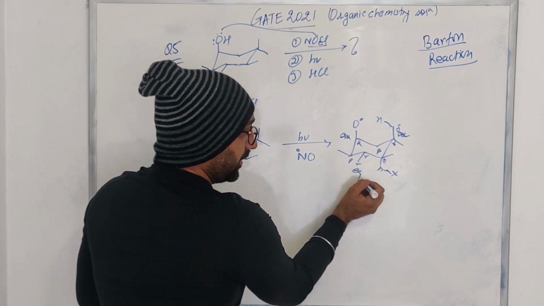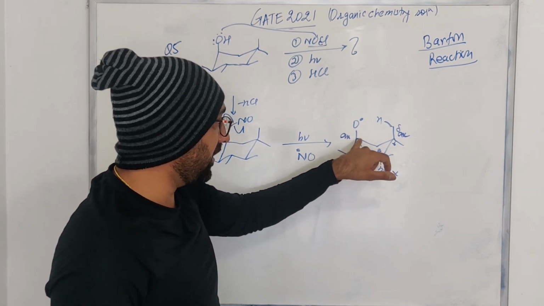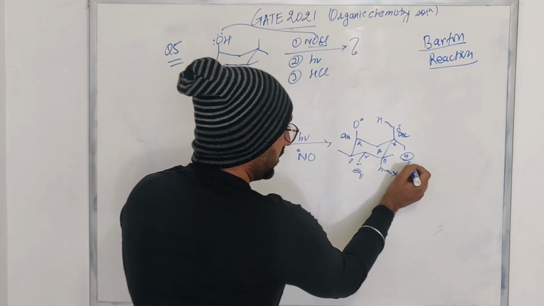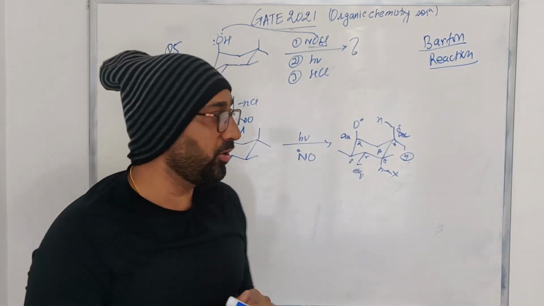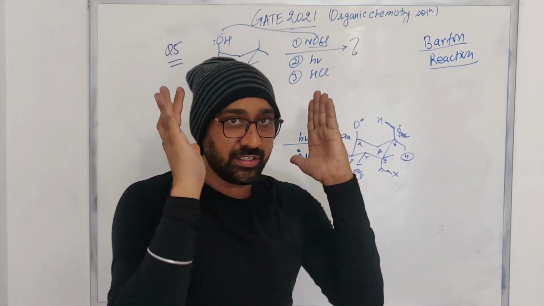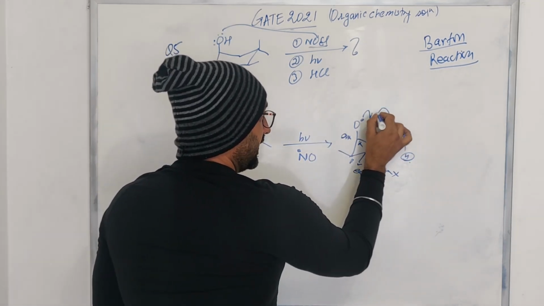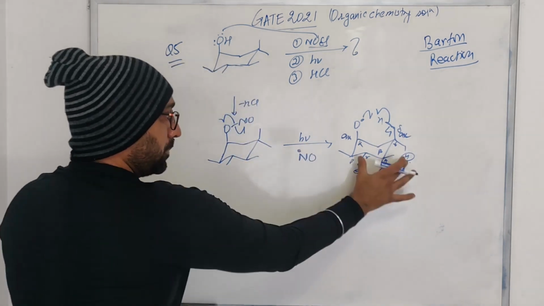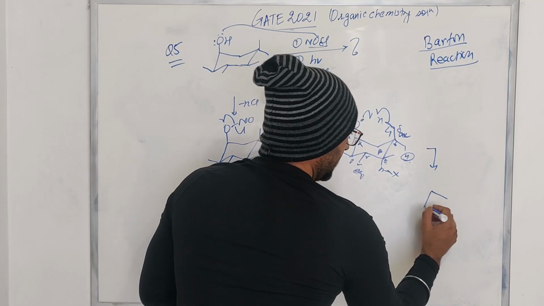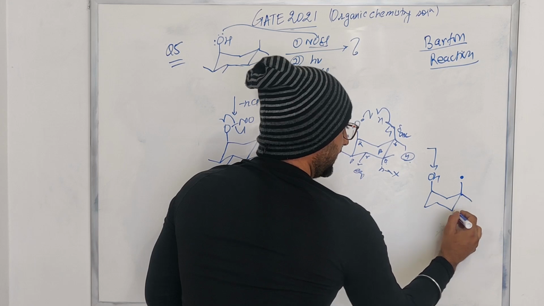So this is an equatorial position. This is not properly oriented. Now you may ask that this hydrogen could also have been abstracted. Why is this not picked up? Again this is an equatorial position, not properly oriented. So it is only the hydrogen of this methyl group that is properly oriented, and both of them are axial. As a result, it is going to abstract this particular hydrogen radical. That is why the other hydrogens are not abstracted. So what you form is this OH and a methyl radical here.